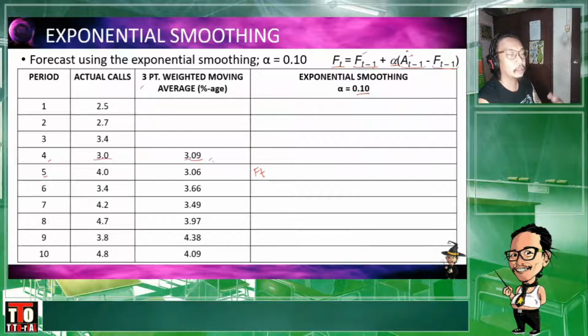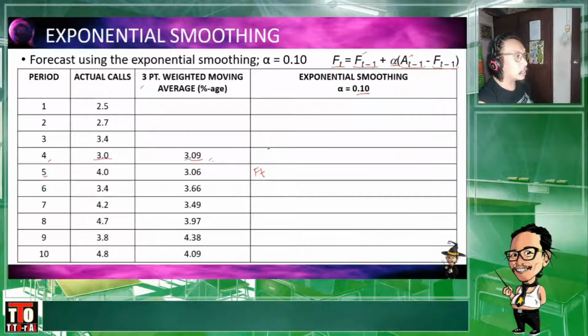So, you will be using, again, like 2 to 3, 2 datas and 1 constant. Okay? Now, again, gagamitin muna natin yung period, yung 3-point weighted moving average na forecast natin for period 4 para magawa natin si period 5. Okay? Then, from period 6 to 10, ang gagamitin na natin is ano ba yung forecast natin for the mga previous period natin. Okay. So, let's try